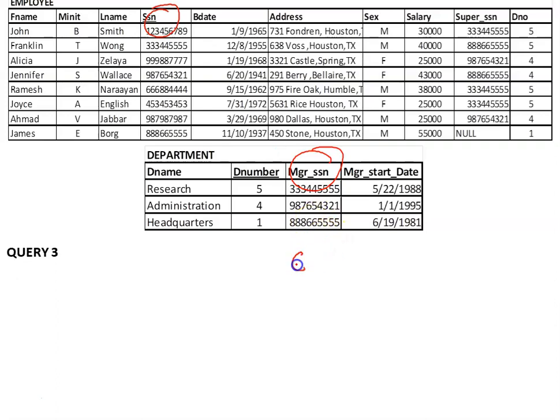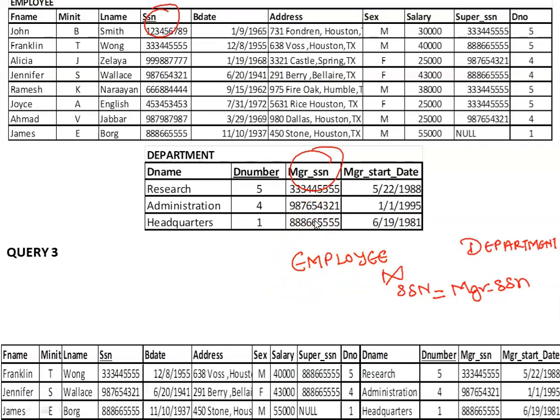So employee join with department, the join attribute is SSN from employee and manager SSN from department. Okay. Now the output of this table will be this information only of those employees who are working as managers.